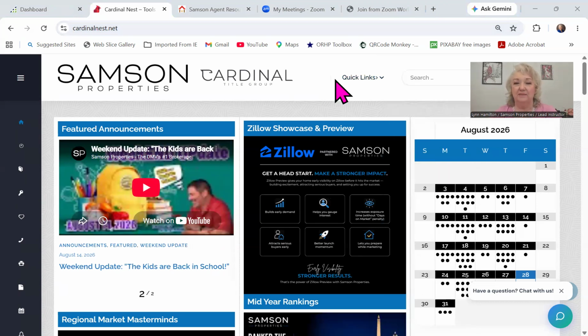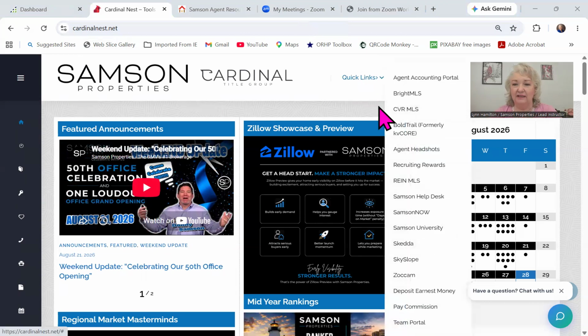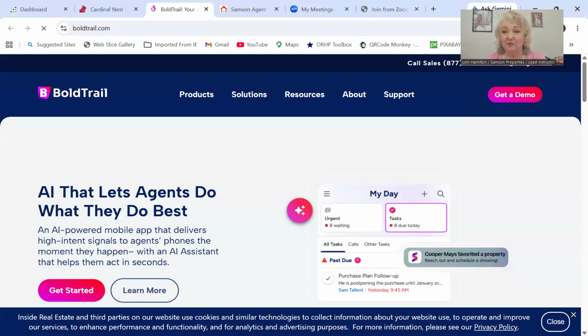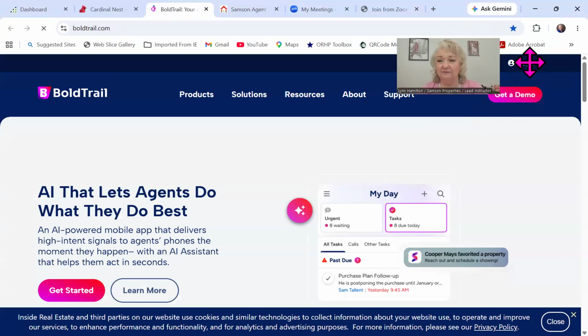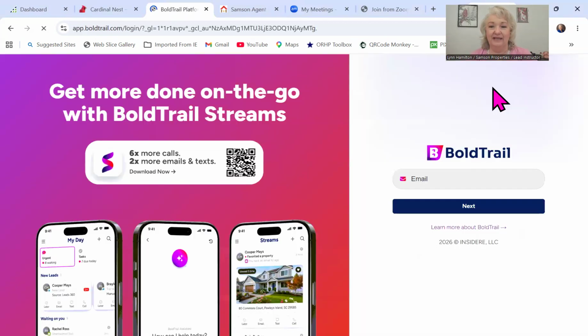your Bold Trails website. All right, so the first thing I like to do is, again, you can get into it from Bold Trails directly. I always start with my cardinal title. I go to my quick links. Bold Trails is how I get into mine. At this point, you will log in, and please do not attempt to use my login, my email address, and